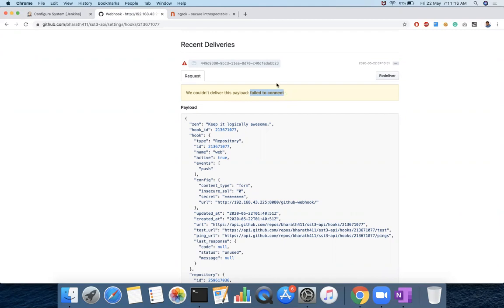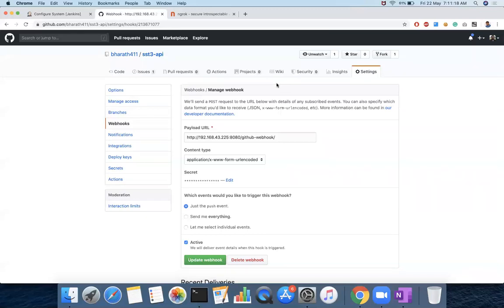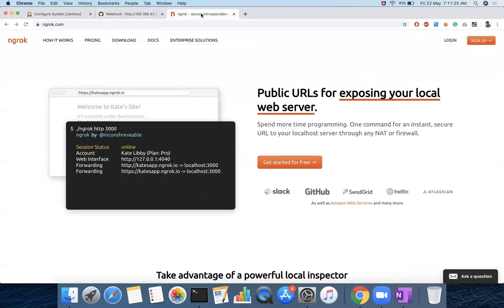So what do we do now? For that, there is a solution, which is this application. ngrok makes your local URLs into publicly accessible URLs.